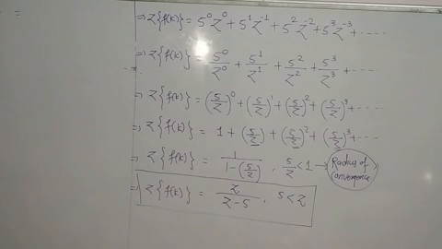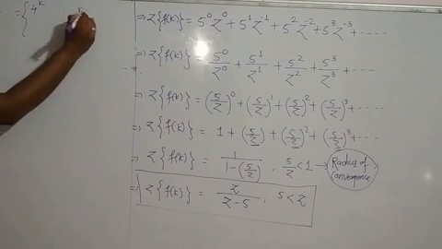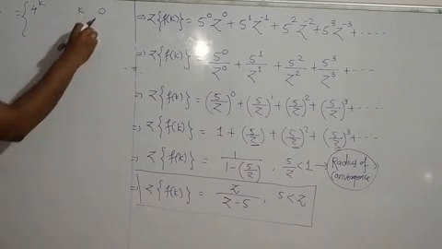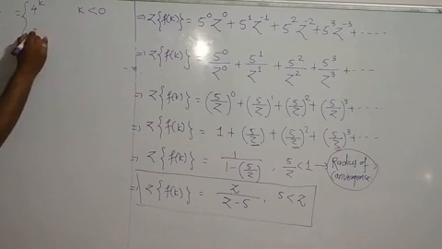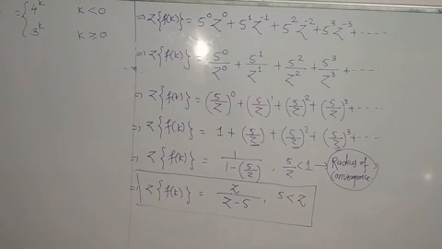The question is, f of k is equal to 4 raised to k when k is less than 0, and 3 raised to k when k is greater than or equal to 0. For one function k is positive, and for one function k is negative, and your question is, find Z of f of k.